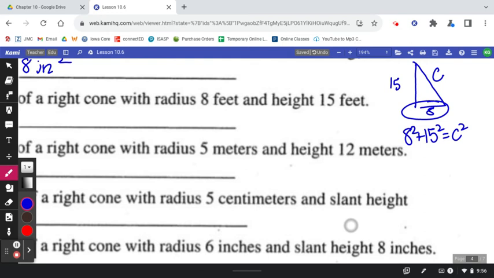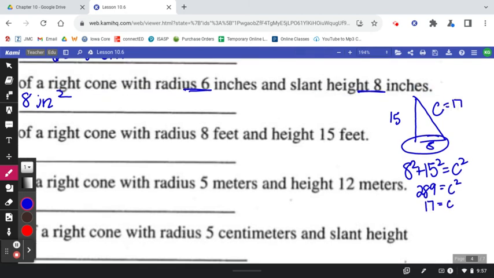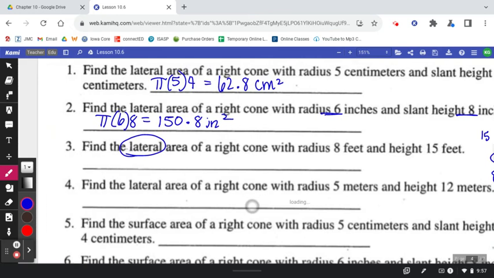So 8 squared plus 15 squared is 289. And the square root of 289 is 17. So I know that my slant height is 17, and that's what I need for the lateral area. So pi times radius times 17,